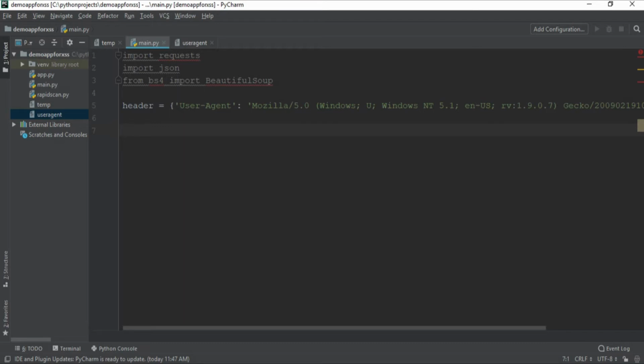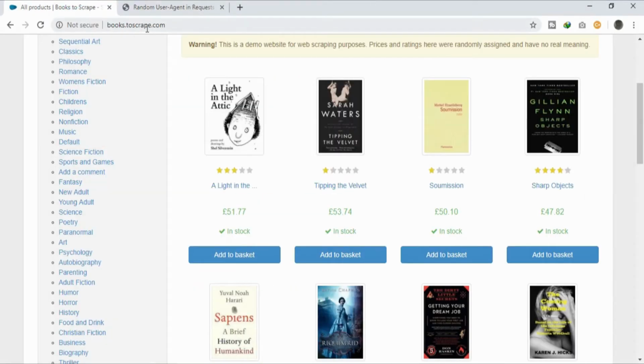The next thing we need to do in our code is make a request. For making a request, I will create a variable by the name of r and make it equal to requests.get. To the get function, I will provide two things. The first thing is the base URL, which is not yet created. So let's create that base URL, and that would be equal to this website's URL, which is